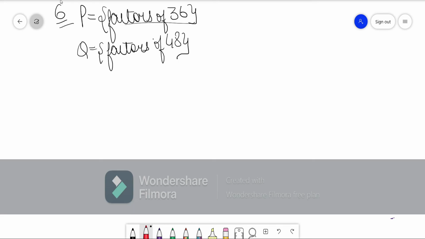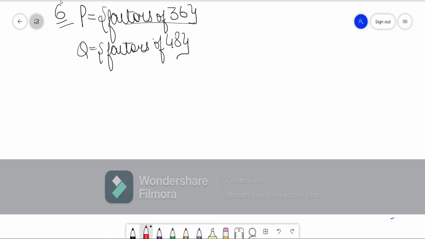Let's write them. 1 into 6, 2 into 18. Sorry for this guys, this happens yaar. Wait, let me just correct it. Look, don't take too much stress over this, this is so easy, it just needs a little bit of thinking. Okay, I'll cut the whole thing only.